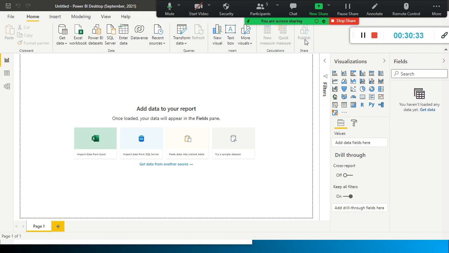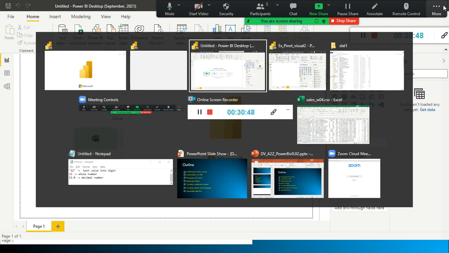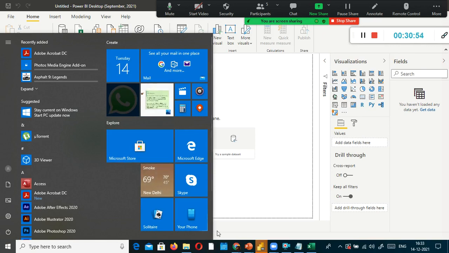You have a button called publish here. When you publish the report or dashboard using this option, it gets uploaded or deployed on the cloud. For that only I told you to create a login credential on the cloud.